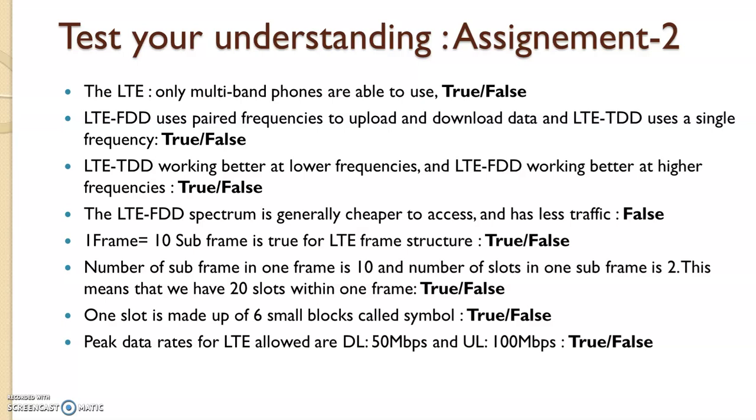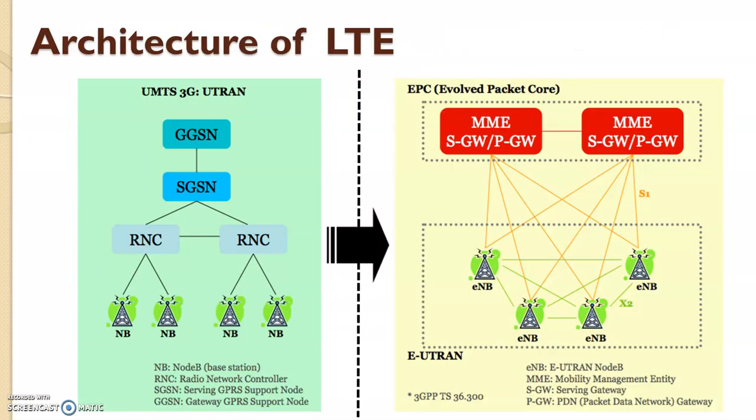Okay, let us start our today's discussion, that is architecture of LTE. Basically, architecture of LTE is divided into two different functions. The leftmost side and rightmost side you can notice. We'll have detail on each. Let us understand the long form of the terms which appear in the diagram. Here, NB is called base station or node B. RNC is called radio network controller.